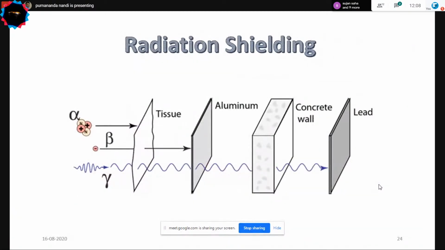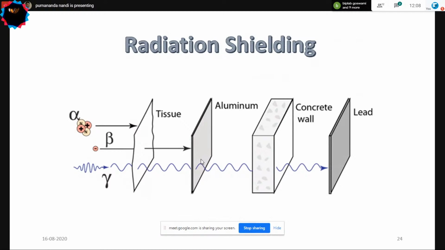And then radiation shielding is also very important. See, when you are working in a radiation zone, there are a lot of alpha, beta, gamma rays coming out. Now, a simple tissue paper can stop the alpha particles. And this is the slide showing this aluminum sheet. A simple small 5 mm aluminum sheet will block the beta particles. But gamma is very high energy, and it can cross anything. See, it goes through tissues anyway, and it goes through the aluminum